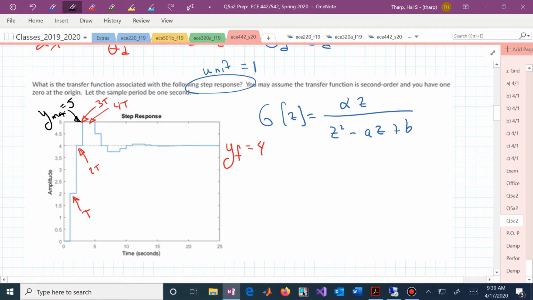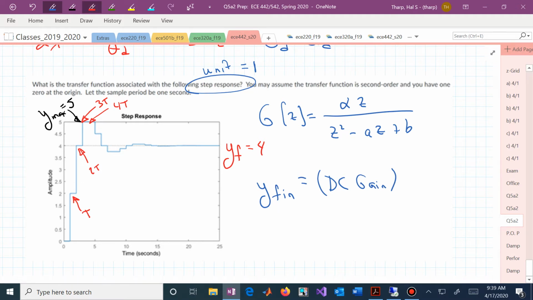So knowing all of that information, we can now create this transfer function G of z. How do we do that? Well, first off, we know that our final value has now occurred after the transients. You can see that it's no longer oscillating in your response. So that's now the DC gain of your system times the input, which in this case